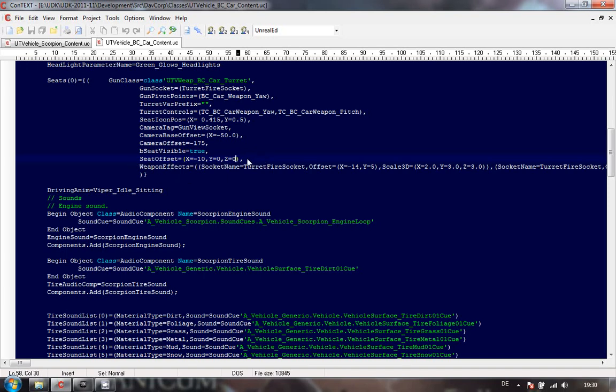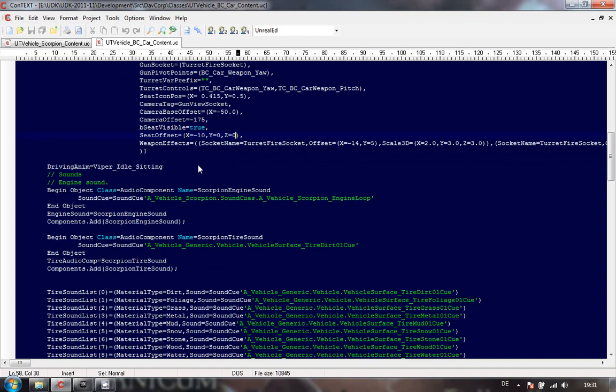but as a base, it just takes off the root bone of your vehicle and you modify it as you need. So if you need it to go forward a bit, minus X, minus Y, minus Z, or plus, plus, plus. The weapon effects, straight from the Scorpion. Now, here's a little one that I've also added. The driving anim. Now, you won't find it in the Scorpion code,